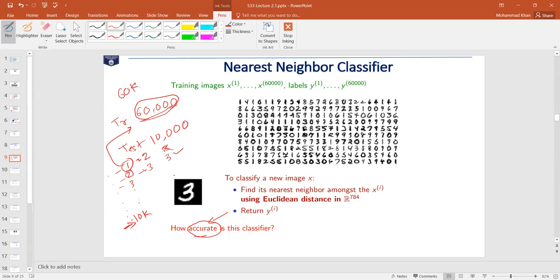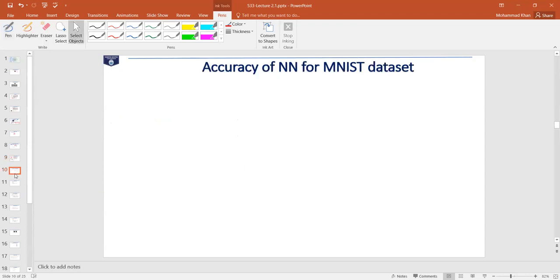We keep counting how many instances from these 10,000 instances are correctly or incorrectly classified, and then we divide correctly classified by the total number of images, and then we get the accuracy of the algorithm. Now, if we do that using this nearest neighbor algorithm,